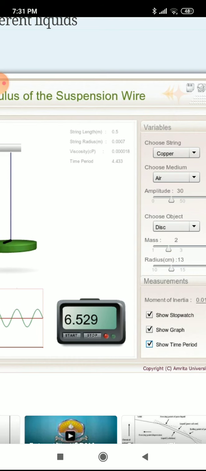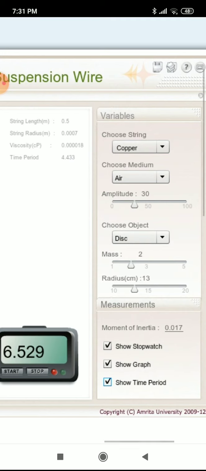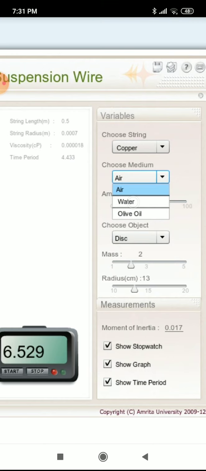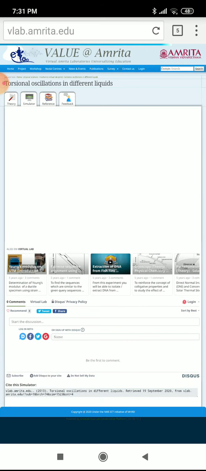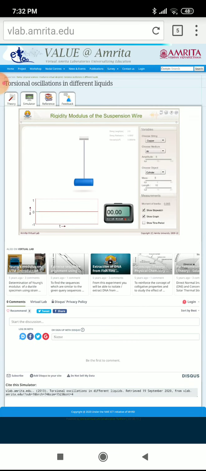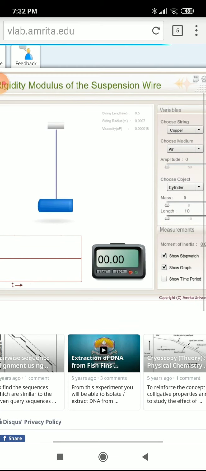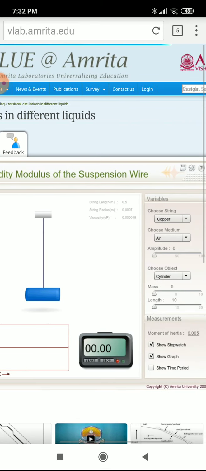So there is nothing else, you just calculate the time period. After that you change the medium. When you have calculated the value in the air medium, then you choose the water medium. Then you do the same thing in the formula again. When you put it in the water, see, everything is reset.